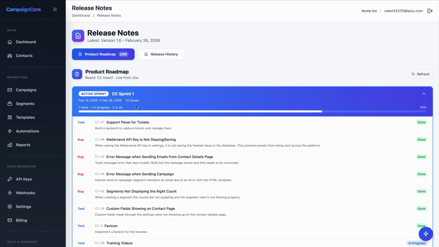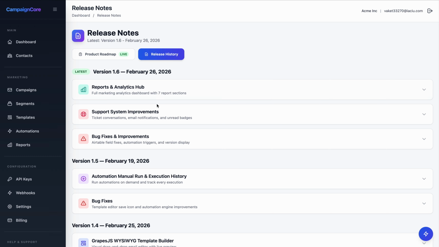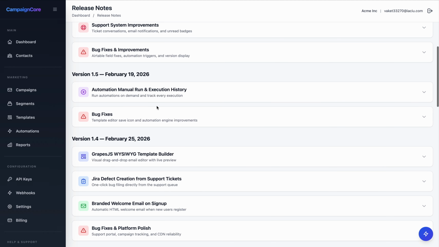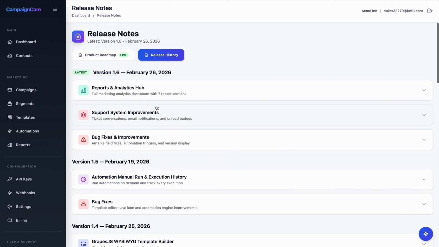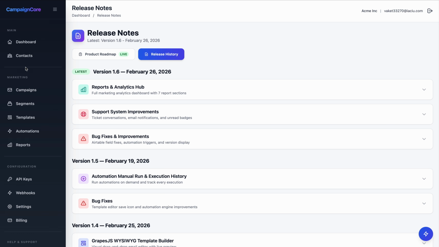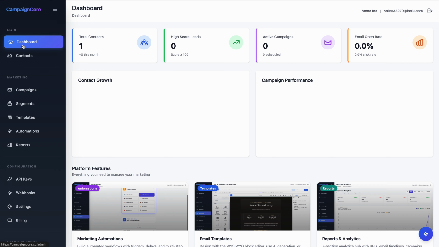So we like to be visible. So these are the things that we're working on to make the platform better, as well as release history notes of all of the different things that we have built. So if you need to get back to the dashboard or you want to get back to the main page, you just go ahead and hit the dashboard link here in your left-hand menu. It takes you back to the